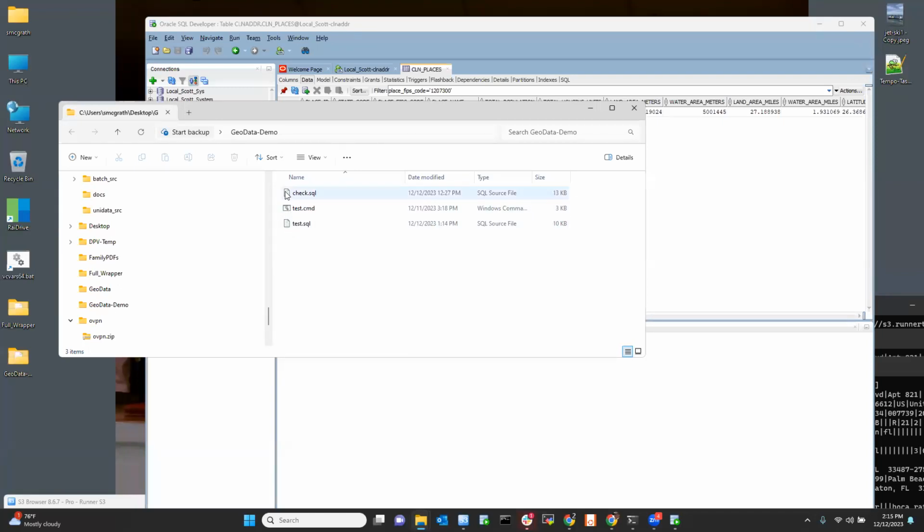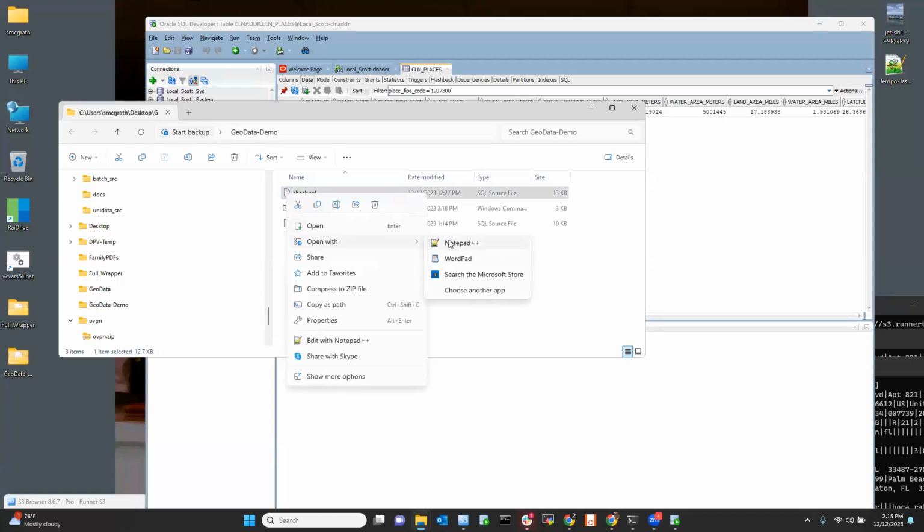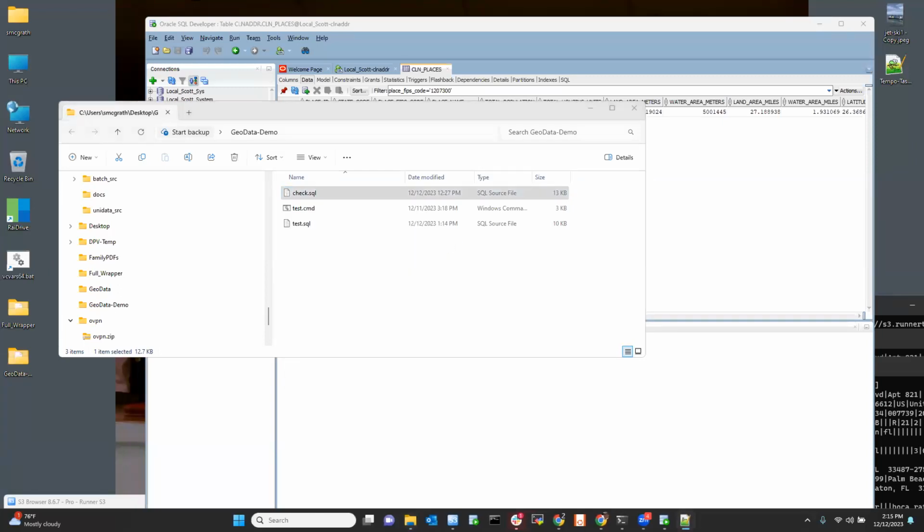In this particular case, I've got a straight SQL script, which has the same address information that Eric was just using within Oracle to call the clean address procedure and the geocoder procedure and print out all of the information that comes back.